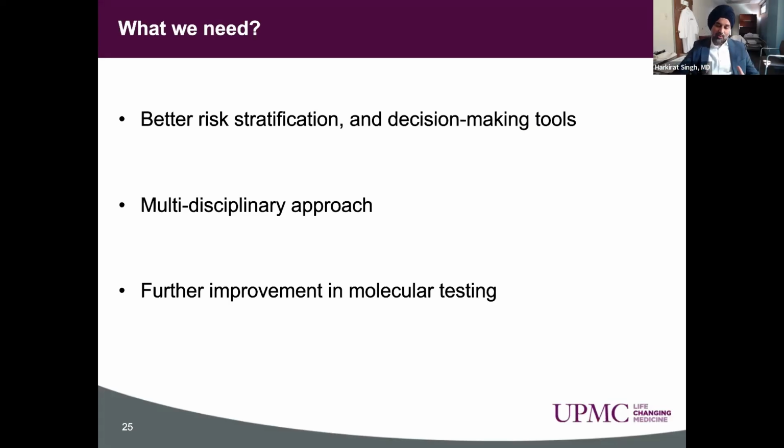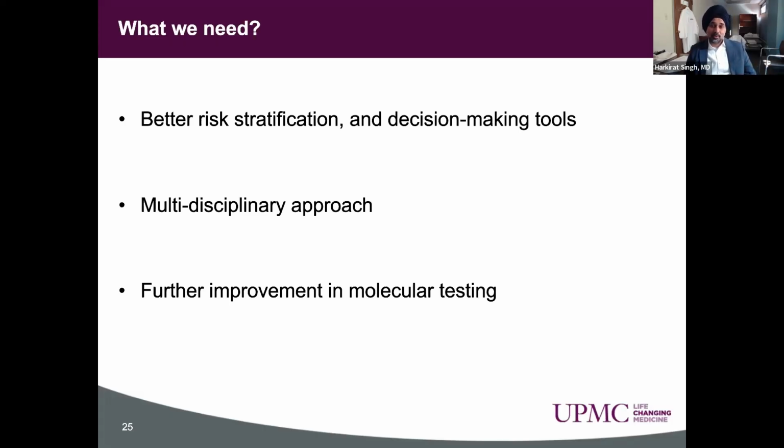We really don't know exactly what to do if you have some worrisome features. Cysts which are low risk, we know how to manage, we survey them. Cysts which are very high risk, we know to send them to surgery. But this is the middle group of cysts which have some worrisome feature, but no high-risk stigmata. How do we exactly know which one to send for surgery and which not? So we need more data and better tools for that.